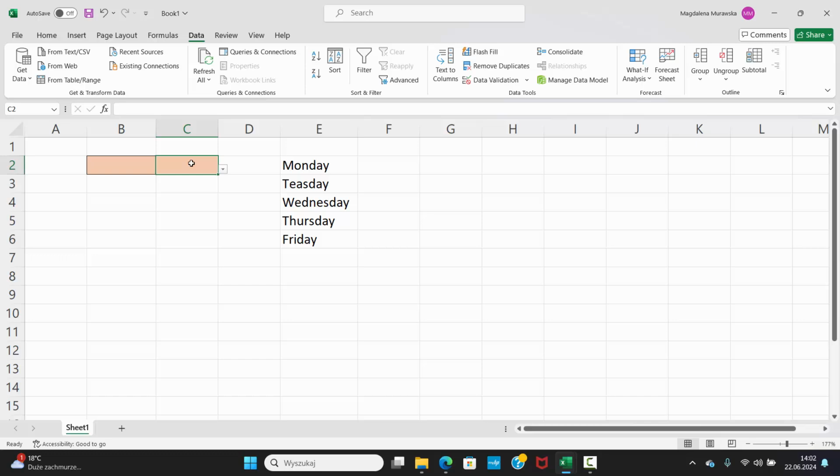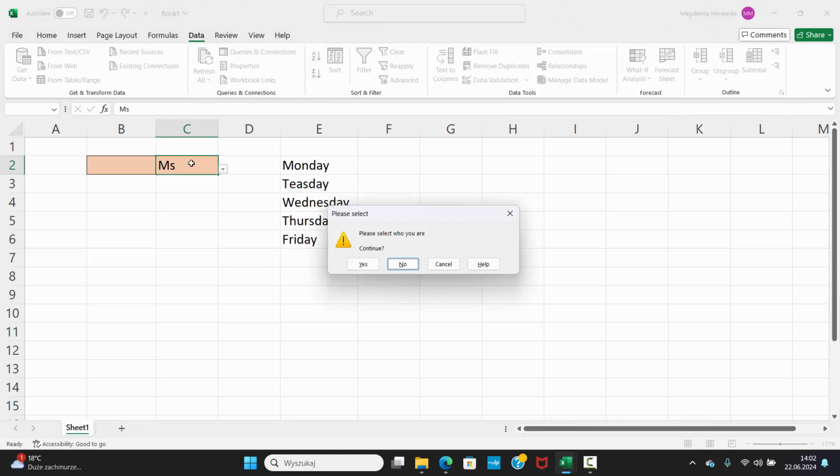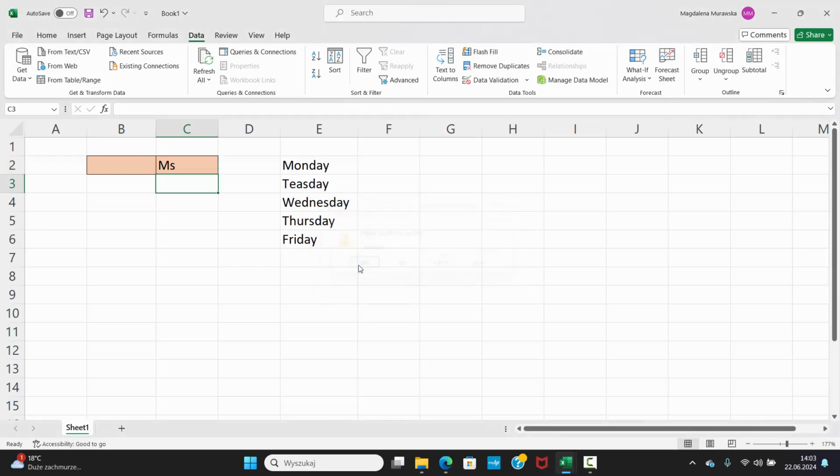And now if you type miss, for example, Excel asks you continue. If you press yes, it allows you